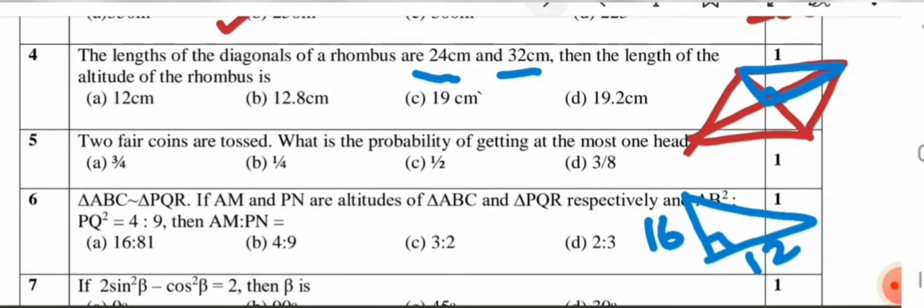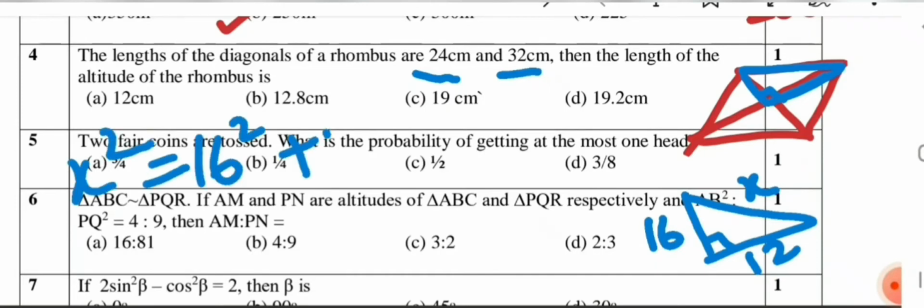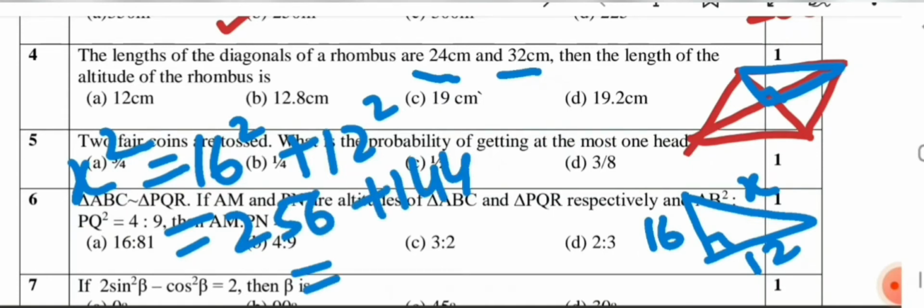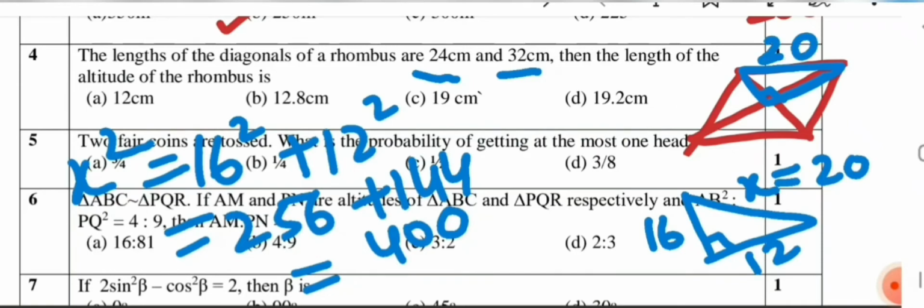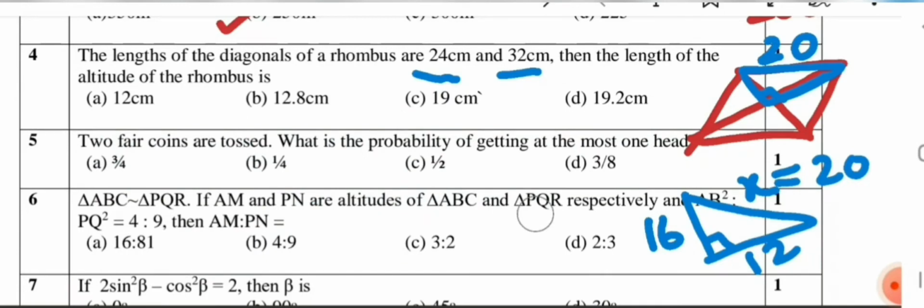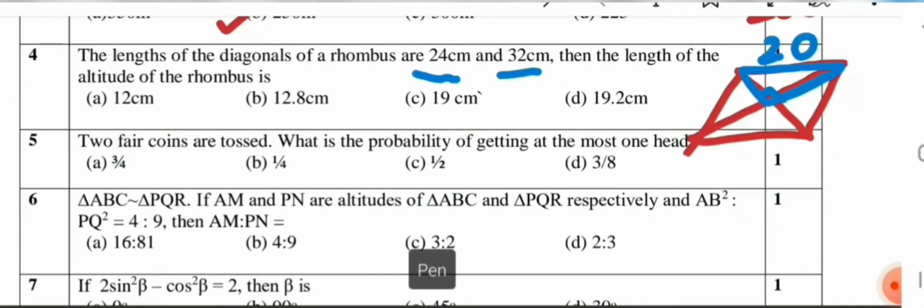Solving this, we can use the Pythagoras theorem and find this hypotenuse. So let us first find the hypotenuse. We can take it as x. We know x square equals 16 square plus 12 square. That will be 256 plus 144. It will be 400. So x will come out to be 20. So we are getting the side of the rhombus as 20. We know that all four sides of a rhombus are equal, so each side can be taken as 20. Now I am erasing this part. So its base is also 20. Now what are we supposed to find? We want to find the length of the altitude, or we can say the height.